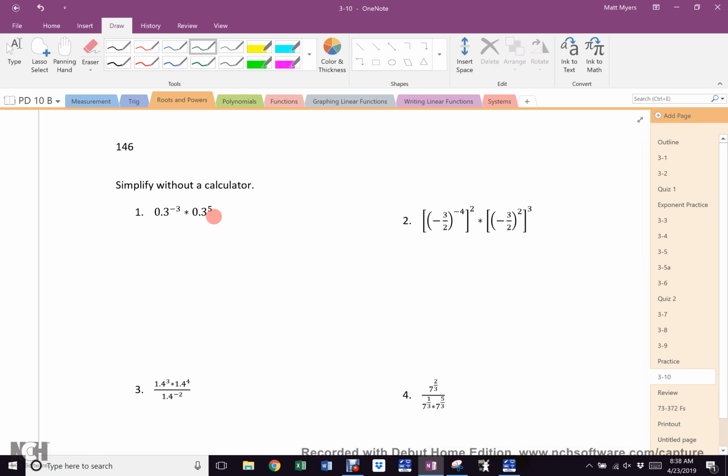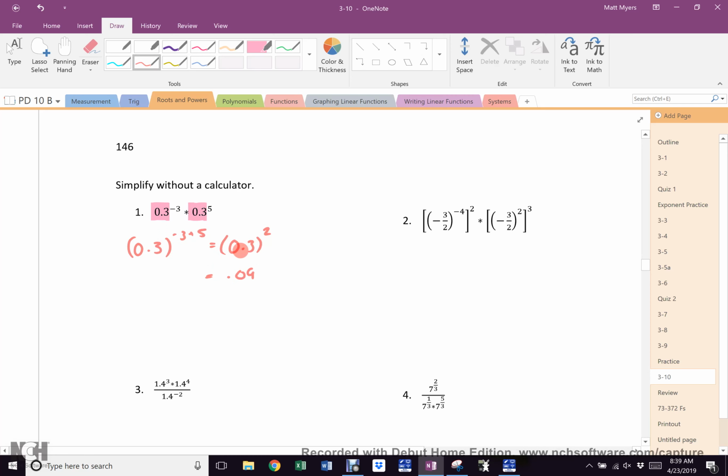There's a negative exponent, right? And all of you see a negative exponent right away, like, oh, I've got to reciprocate. But you don't have to reciprocate, do you? Because what do you notice about that and that? They're the same base. So what does that mean I get to do with the exponents? Add them. 0.3 to the negative 3 plus 5, which is what? 0.3 squared, which is 0.06,